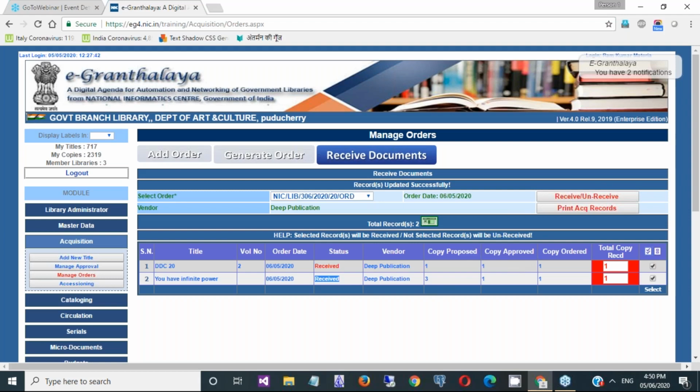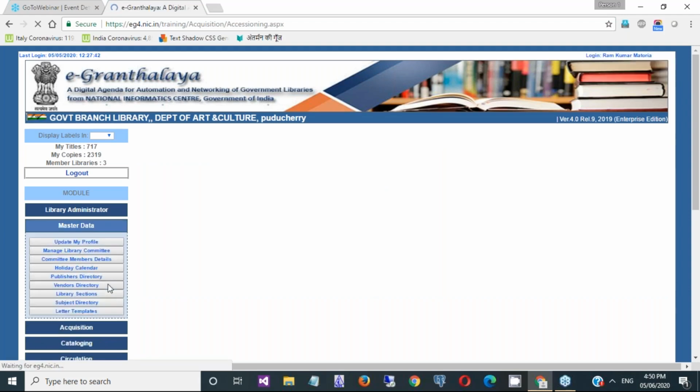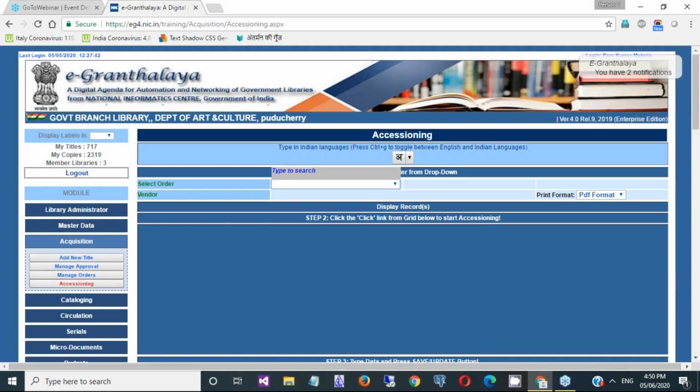Okay. So after receiving the documents, I will go to the accessioning. Certainly you will verify the documents along with the bills, and everything will be checked before doing accessioning. Then, being in government, you need to do accessioning first in the accession register, because in most of the government sectors, the audit party asks for the accession register.